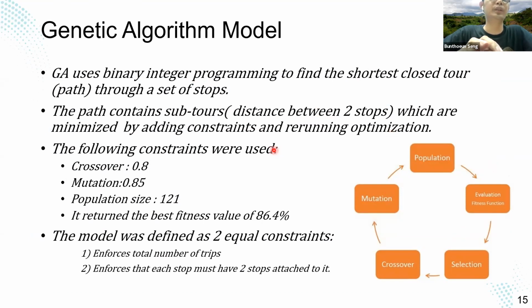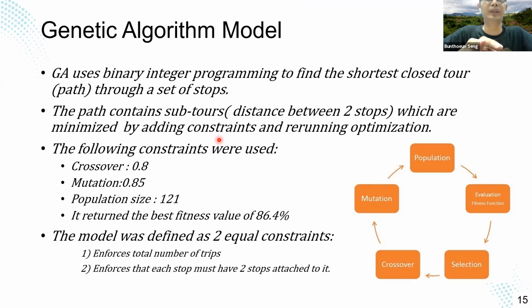GAs use binary integer programming to find the shortest closed path, closed tour. It means a path from the sets of bus stops. The path contains subtours. A subtour is defined as the distance between 2 bus stops, and it is minimized by adding constraints and